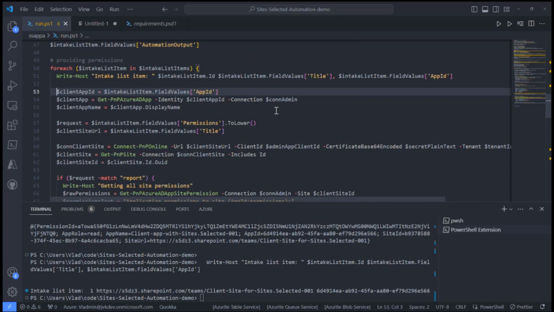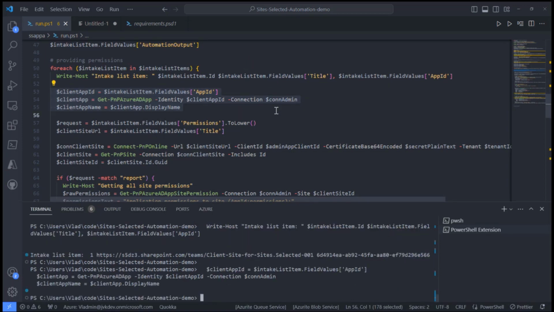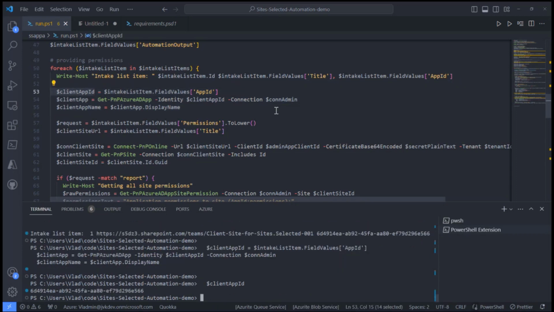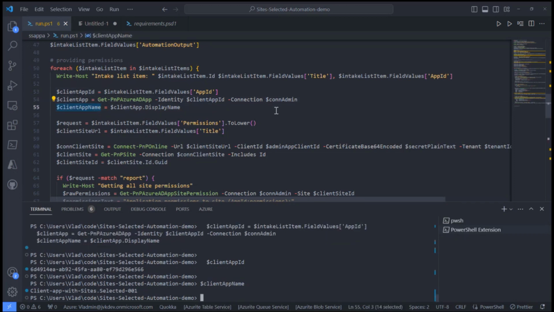Okay, so here I'm pulling the application name from Azure Active Directory based only on the client app ID. So the app ID is what the user provided to us, and here the application name is what we got from Azure Active